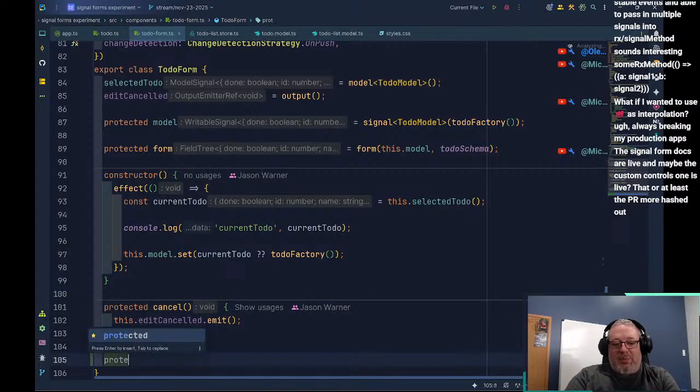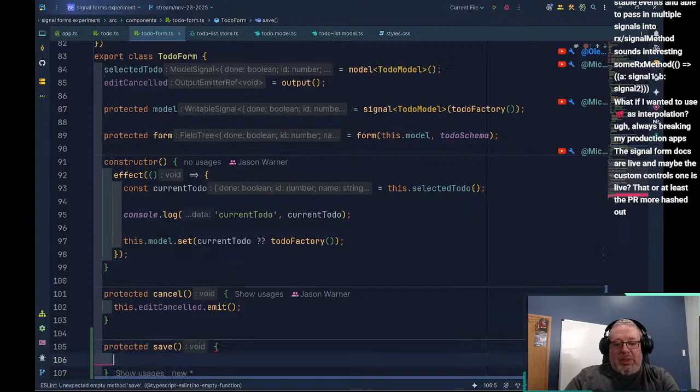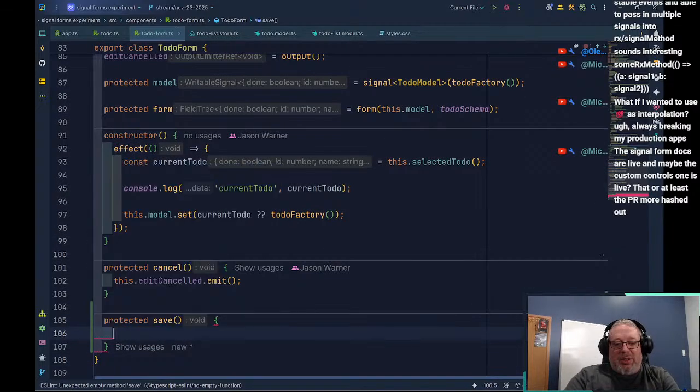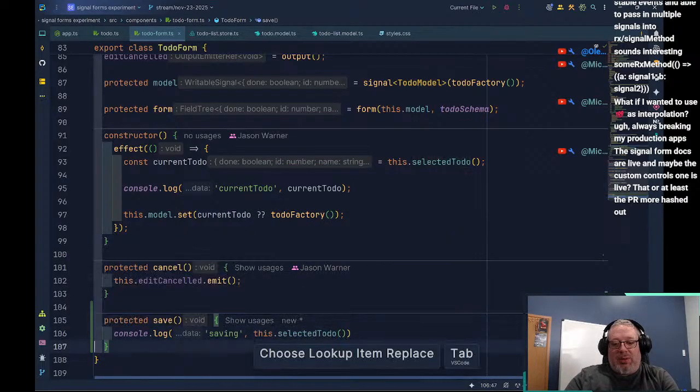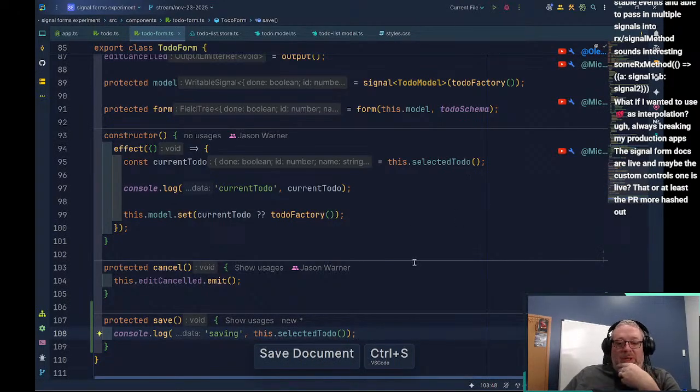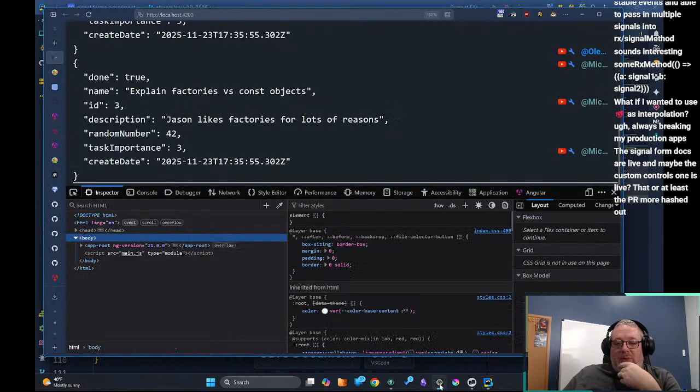And down here we can do protected save, boom. And for right now, we're just gonna console.log saving and this.selectedTodo. So there we go.